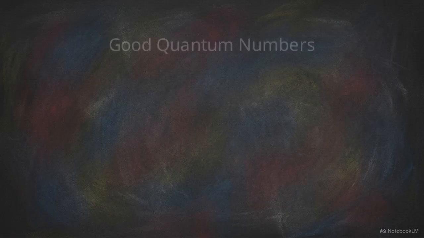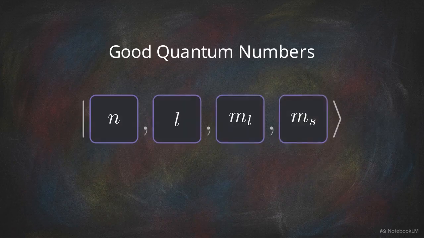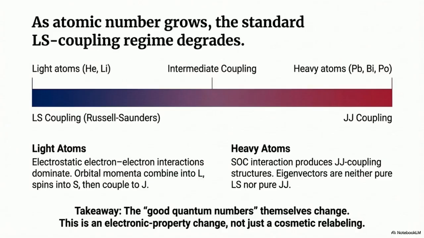Spin-orbit coupling does more than shift energies. It redefines the good quantum numbers used to describe the state of the atom. The strength of this effect scales dramatically with atomic size. As the atomic number grows, standard coupling rules degrade. In light atoms, electrostatic forces are the primary driver, but in heavy atoms, the spin-orbit interaction dominates, creating entirely different